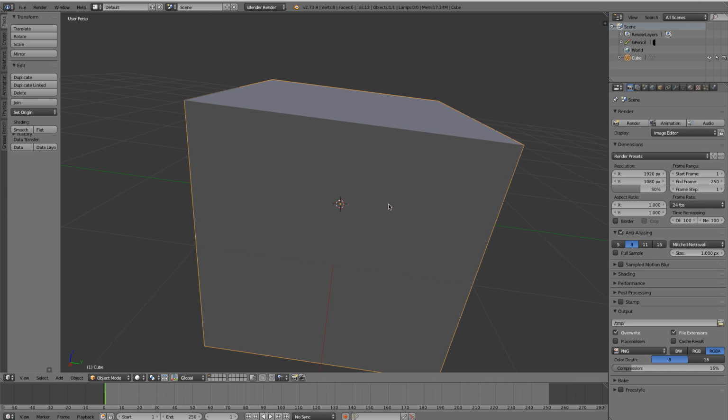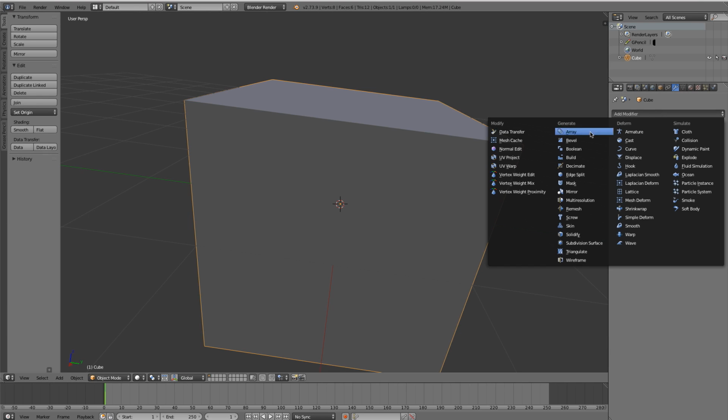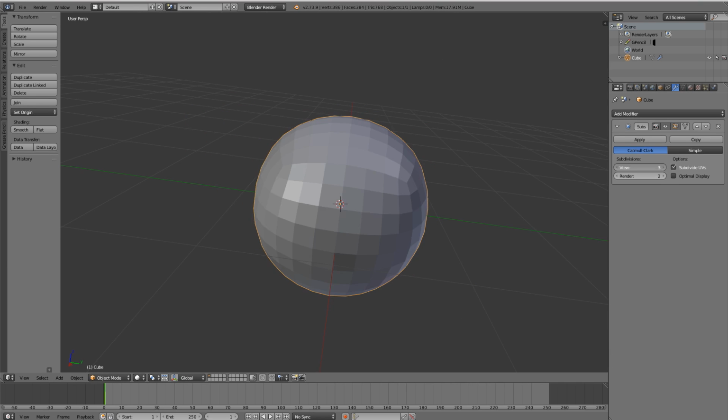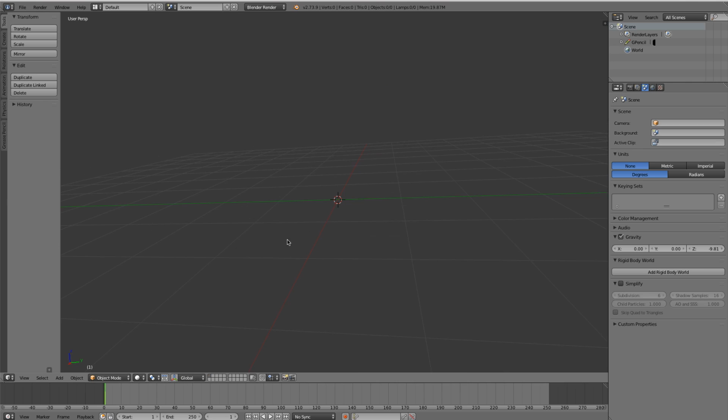And additionally, we could use, say, a cube with a subdivision surface modifier, and we could go down and create something like that and then extrude in holes here and here and here. But again, that doesn't work all that well. There's no good way to do it. However, I did come up with a slightly different solution that I think works really well,